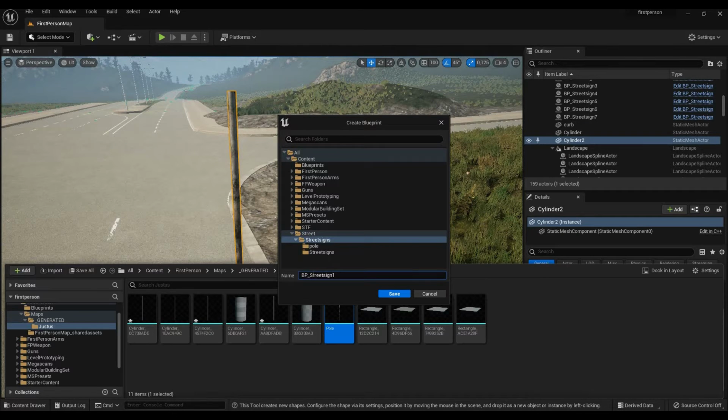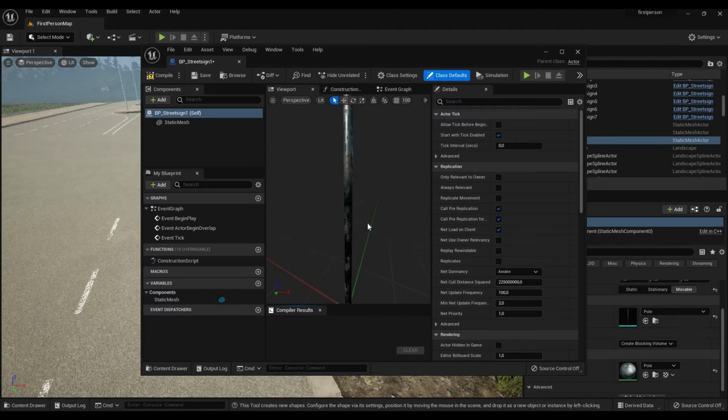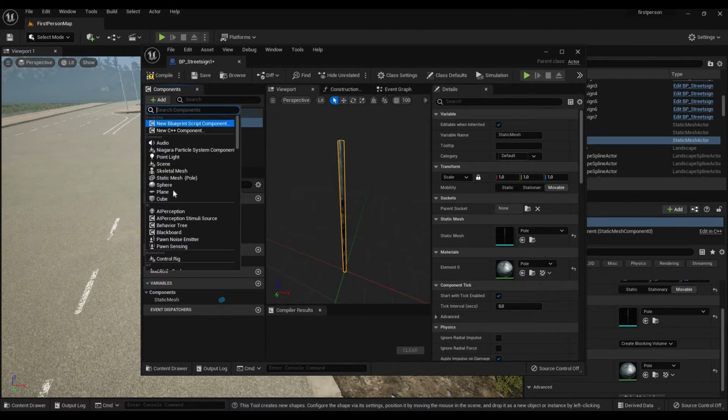And I'm gonna call it 1 because I already created one. I'm gonna create a new one for the tutorial. So we're gonna hit save. It's gonna load a bit. Alright, we've got it open in the blueprint editor, and what we're gonna do now is add a